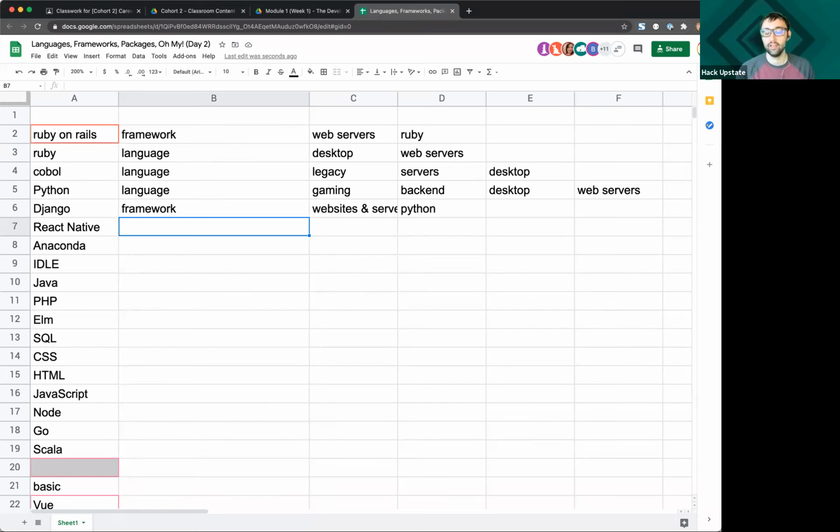With that said, just because it's written in COBOL doesn't mean that it isn't fast.